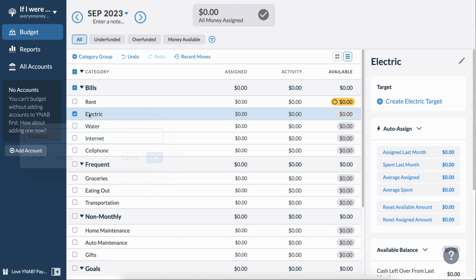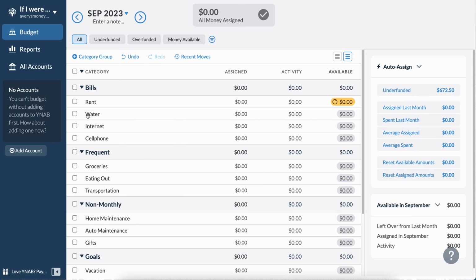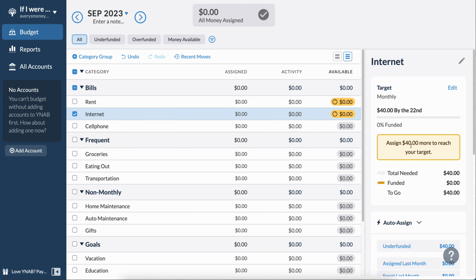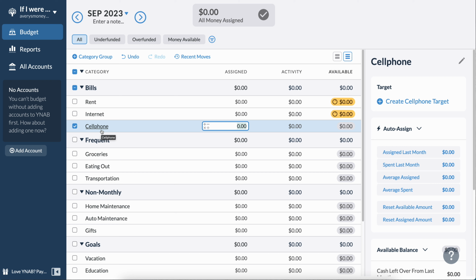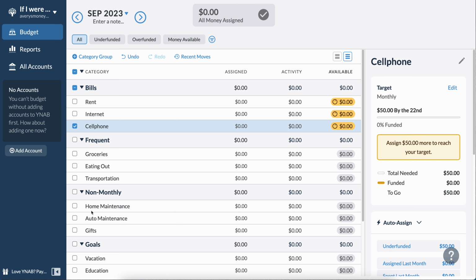For electric, I don't need this category because it's included in my rent, so I'm going to delete it. Same thing with water. Internet is $40 for my share, so I'm going to do 40. I'm not going to worry about when these are needed by, simply because, again, this is kind of a mock budget setup to see what's possible and what I could potentially be looking for income-wise if I decide to go part-time. My cell phone bill is currently $37, but I do want to bump it up to the unlimited plan, so I'm going to create this, and I believe it's about 40 bucks. But just to be safe, actually, let's round it up to 50.